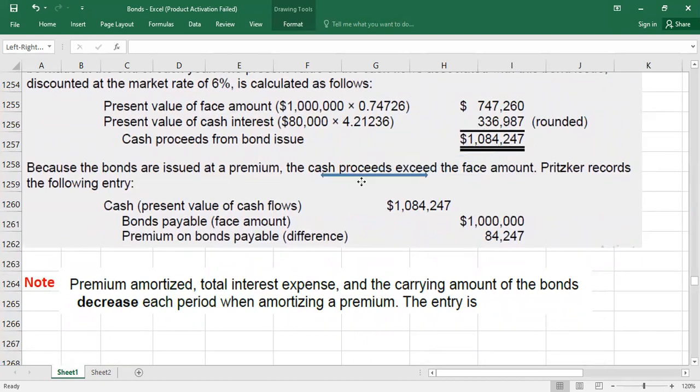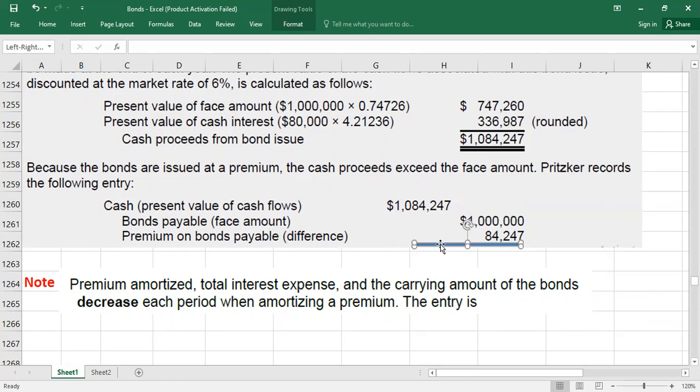Here we will record the entry, and the difference of face and present value is the amount of premium. So what entry will you pass when you issue the bonds, at the time of issuance? You will debit cash always with the present value of cash flows, because this is the value you are going to receive from the investors. The present value is 1,084,247. Credit will go to bonds payable always with the face amount, so you will get 1 million here, and now we have a premium on bonds payable, which is the difference of